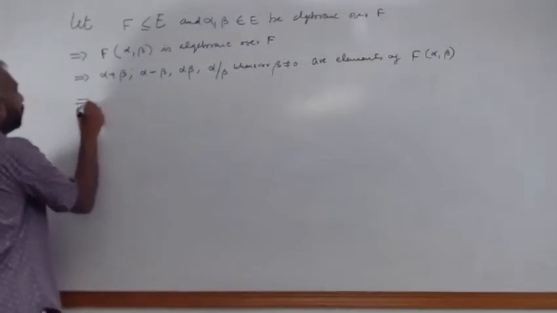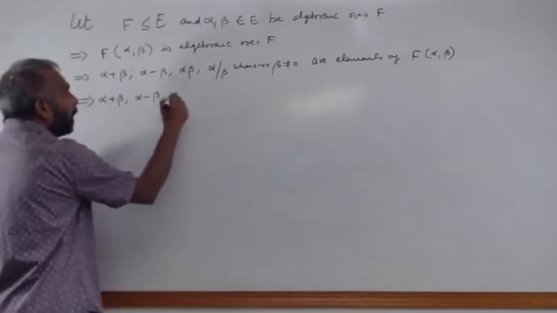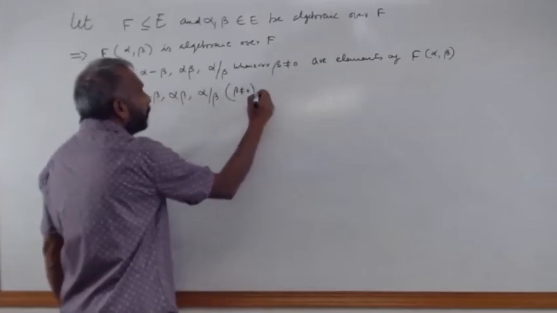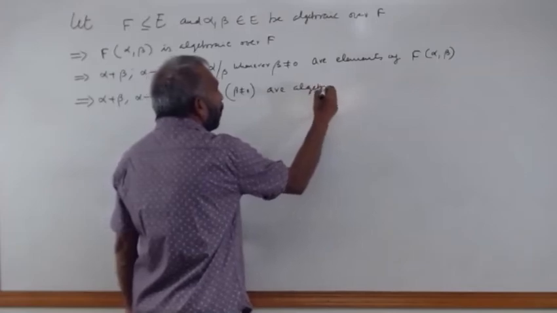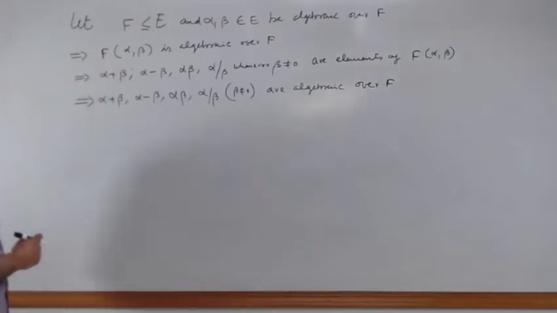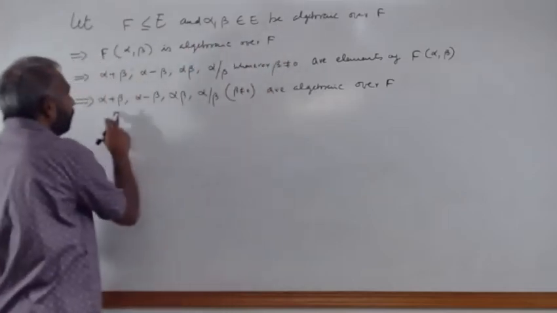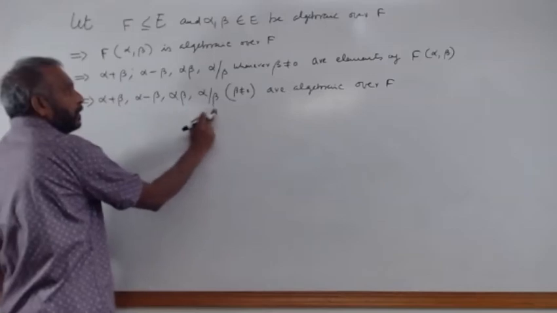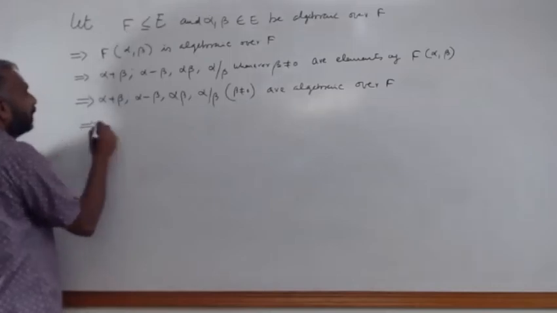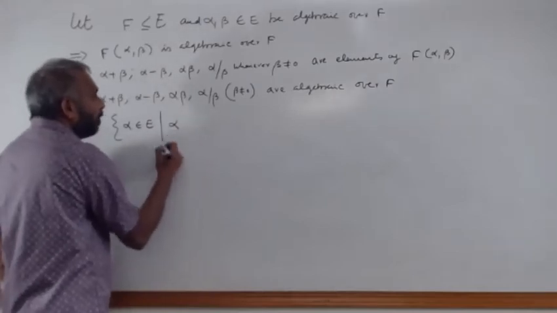So this implies alpha plus beta, alpha minus beta, alpha beta, alpha over beta, beta different from 0, are algebraic over F. So if you take two elements which are algebraic, then its sum, difference, product and the division all are algebraic, and that implies the elements in E, alpha is algebraic